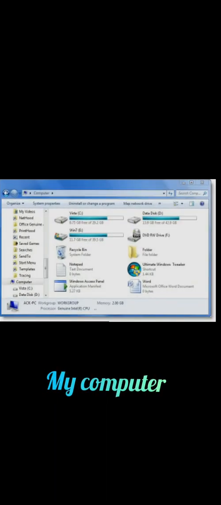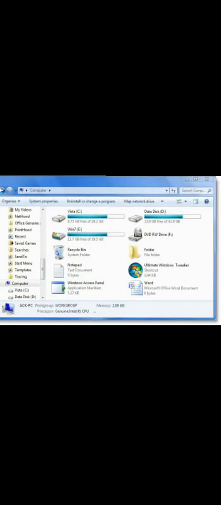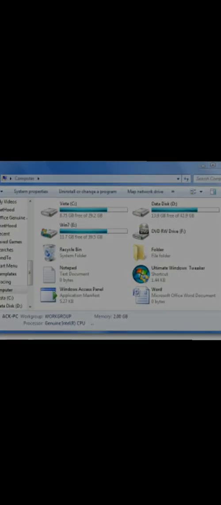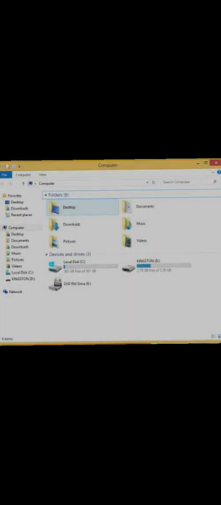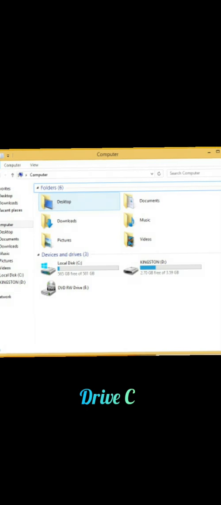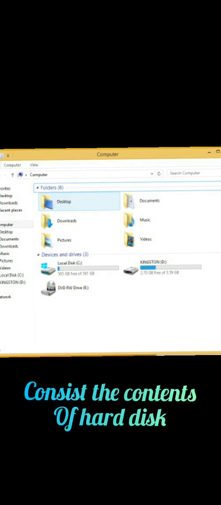First, My Computer. You will find an overall view of all the drives inside this icon. To open the My Computer window, double click the icon on the desktop. The My Computer window appears. After opening it, see drive C. It consists of the contents of the hard disk.